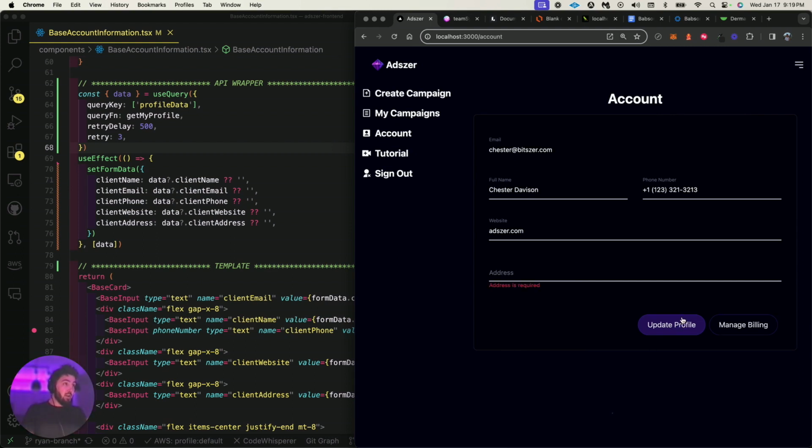So if I try to update it, our form validation works immediately right out of the box. And then our address is obviously linked up with the API from the backend. So let's pretend this is my current address, but let's pretend I live in another building, which I think is 7203. And then I actually forgot the road I live on, which is 222. Obviously we can make zip code fields and figure out how we want to do it. But you can see I get a successful message, have everything already set up.